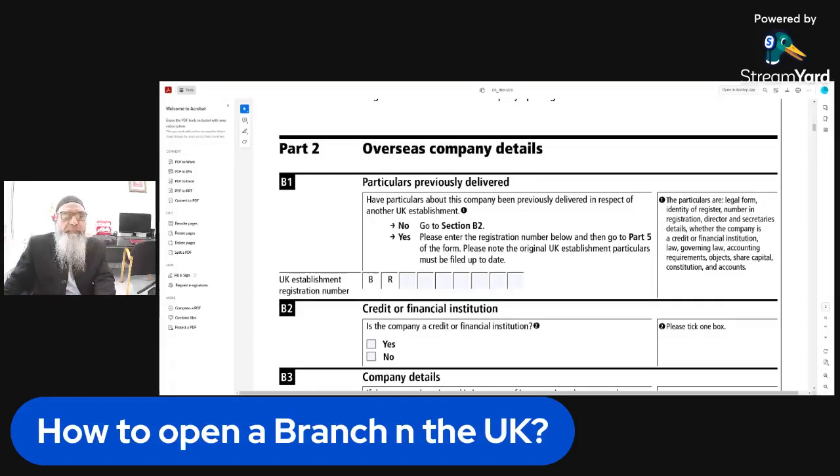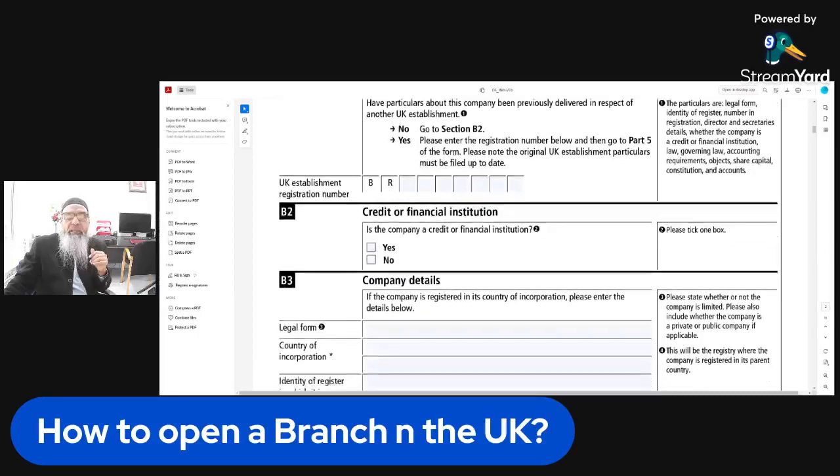Now, I invite you to this point here. Within the part 2B1 question, it talks about the UK establishment registration number. It starts with BR. BR stands for branch. So if it was previously registered, you can write the branch number which was previously assigned at the time of previous registration, if any. Then B2,